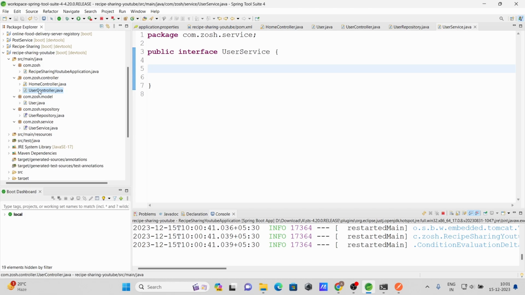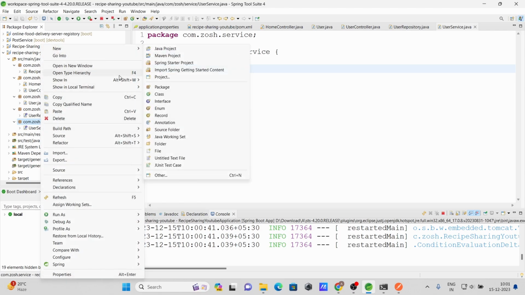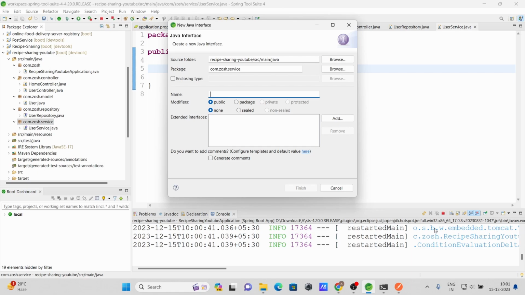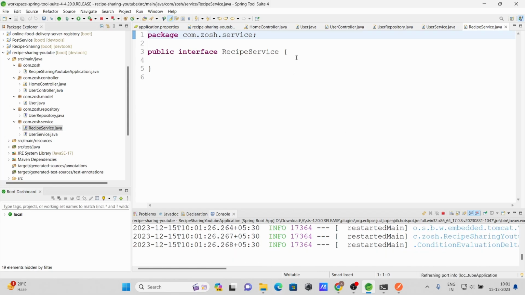Let user controller stay as it is, but let's create a new service, a new interface for recipe service. Okay, inside this recipe service I will write all the methods. So public